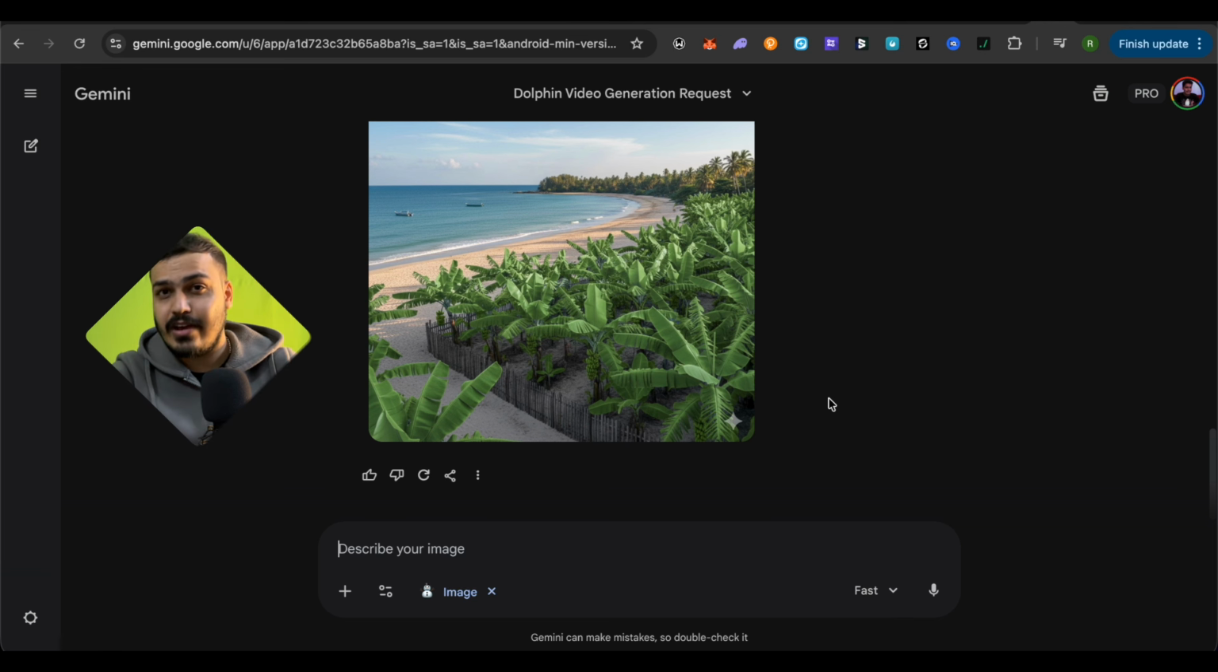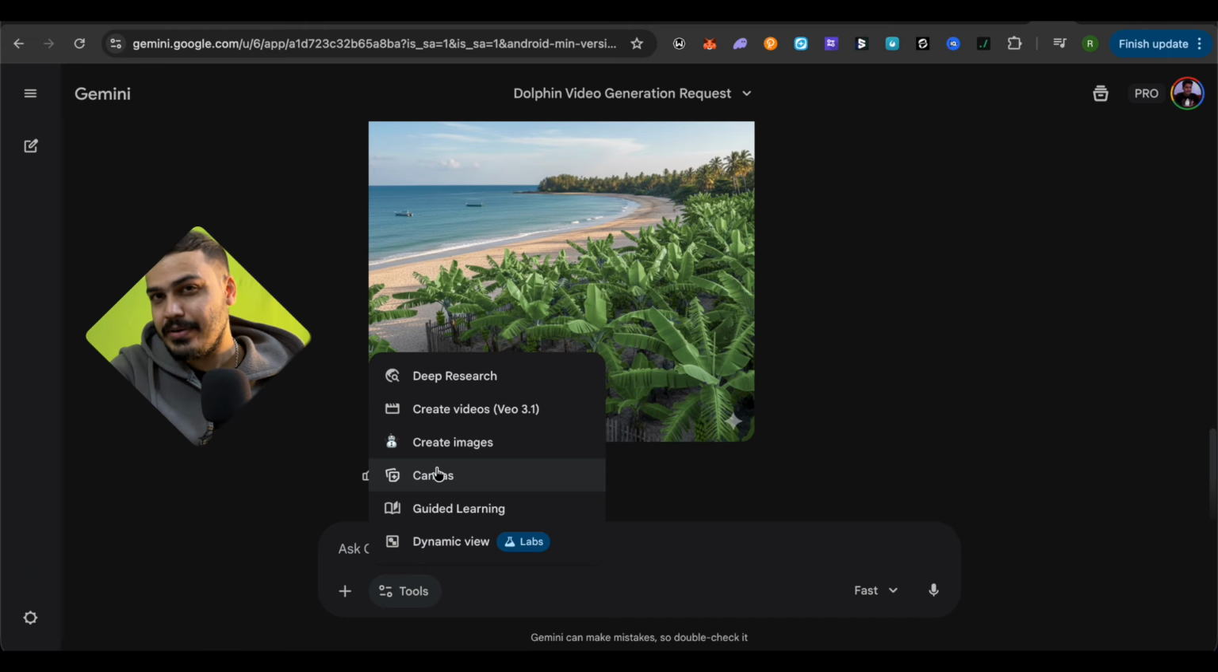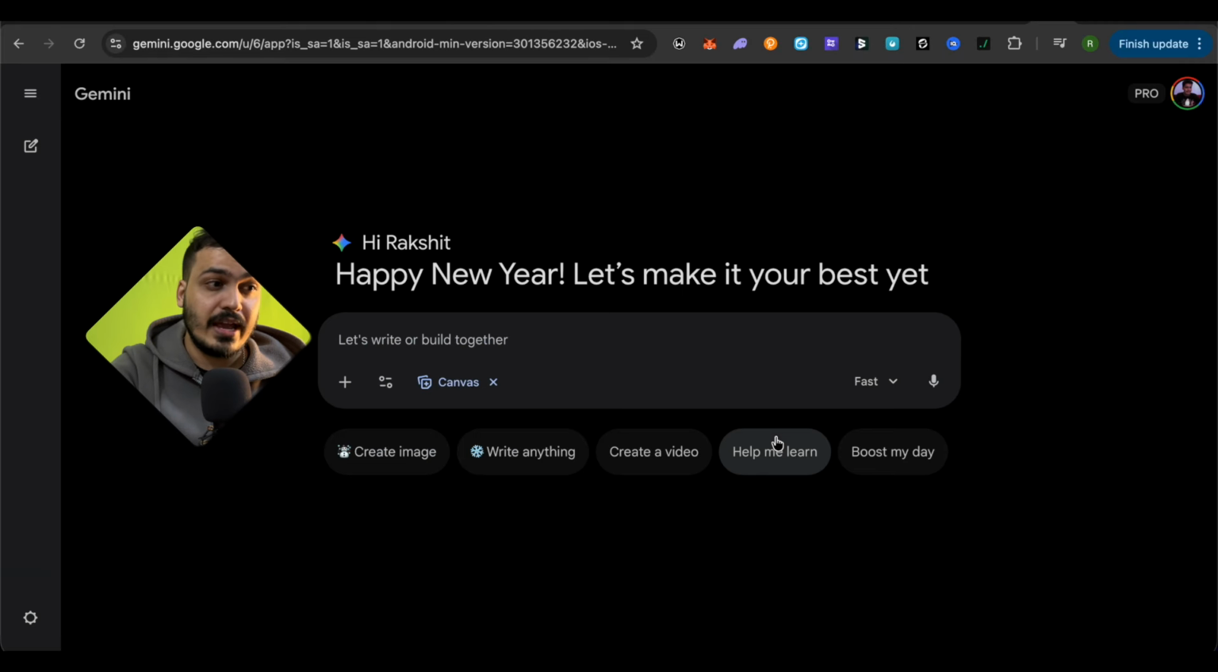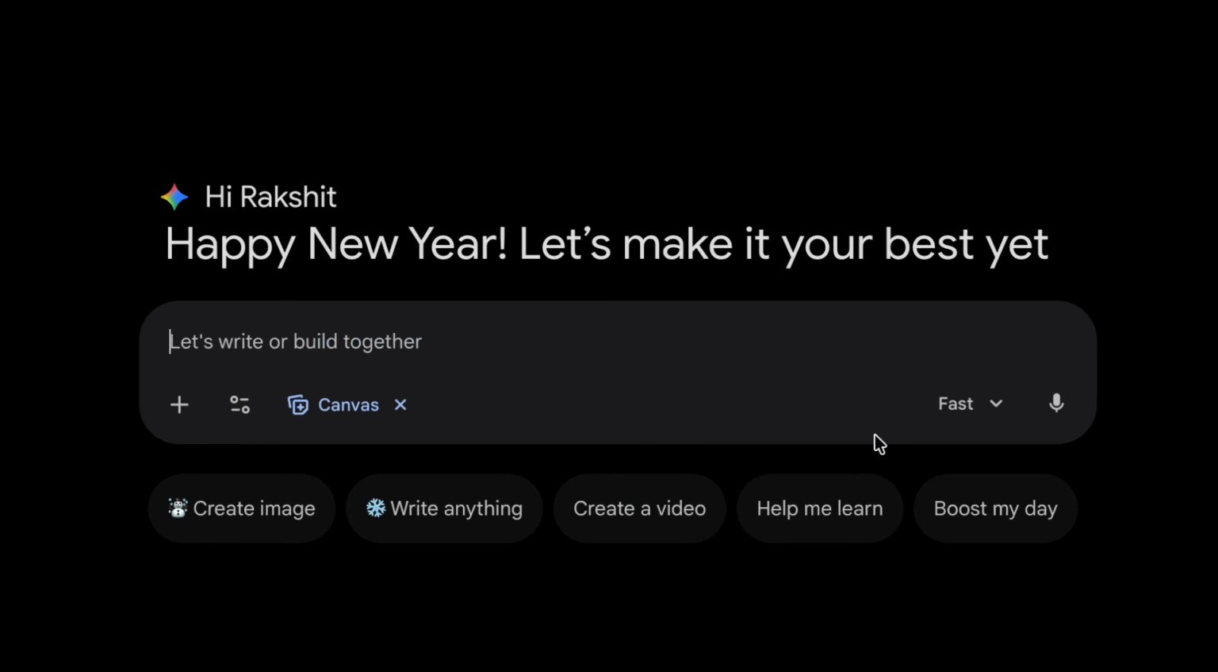Now let's check out the other features. Now over here, the other tool is Canvas, and using this you can actually create or generate code for any particular stuff that you want to do, whether for websites or for apps or for any other thing. Like if I want to generate a website,